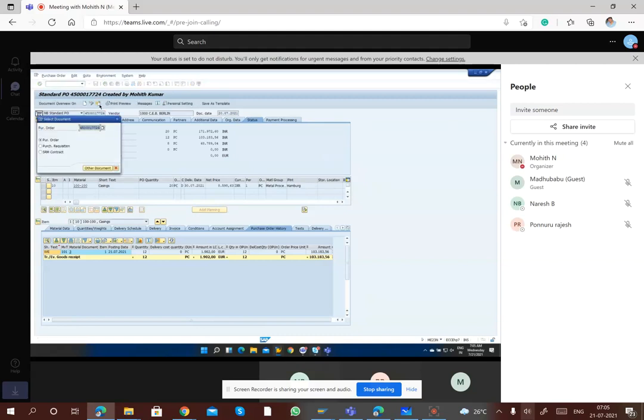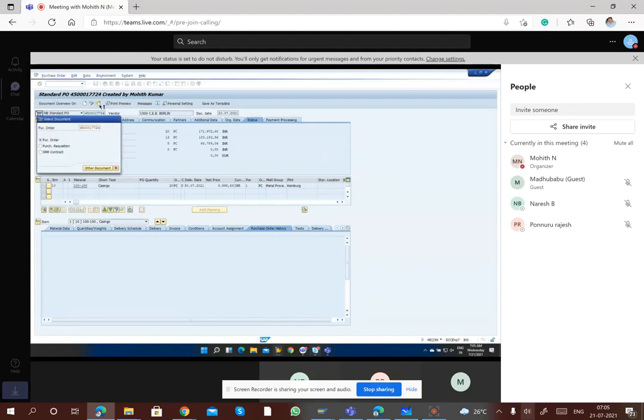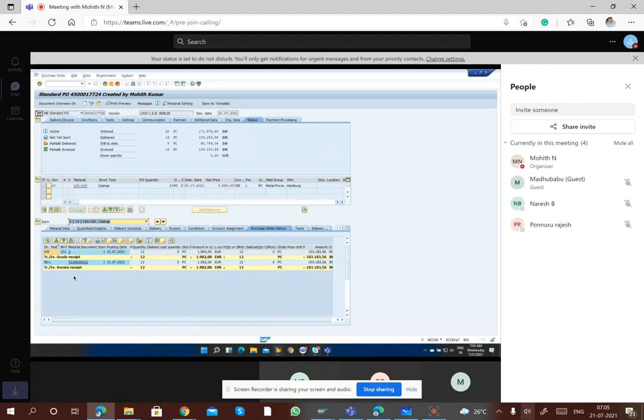Okay, the document has come to the PO and it is sitting here, right? For 12 quantity, this much invoice we have done. Clear? Yeah, Mohit, okay, this is clear.